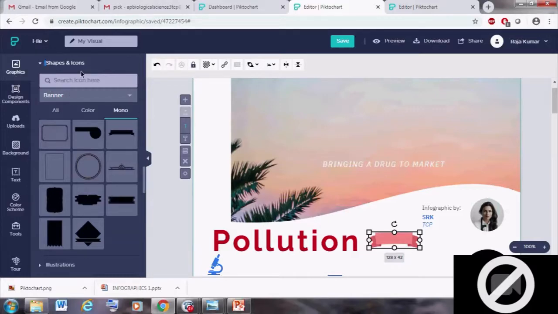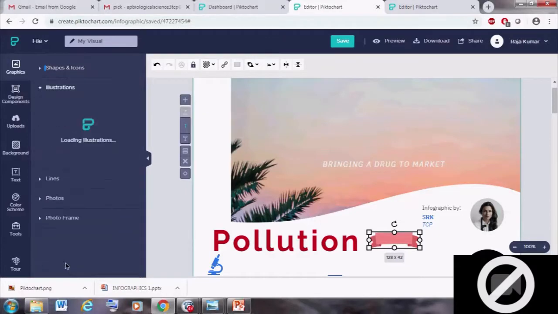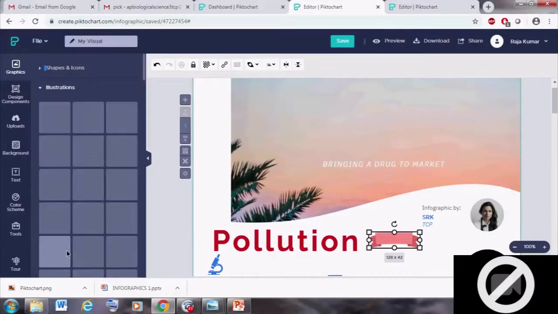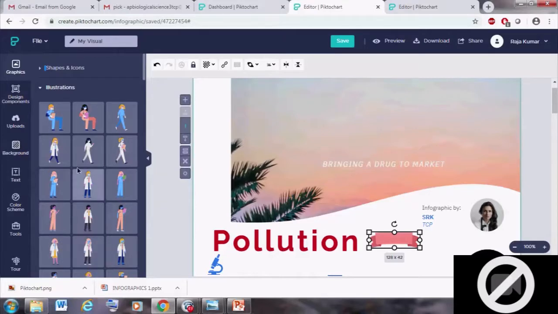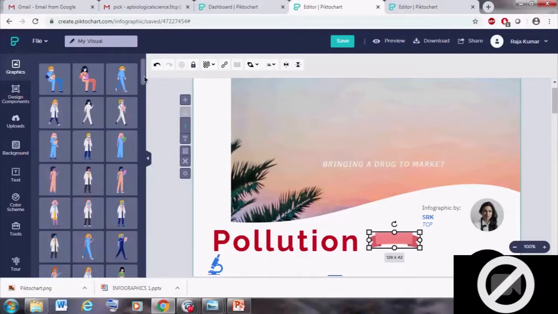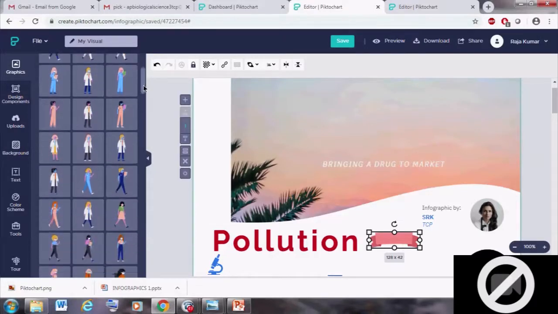Illustration. So some illustrated pictures are available. So now the COVID-19 awareness is created by using these illustration pictures.